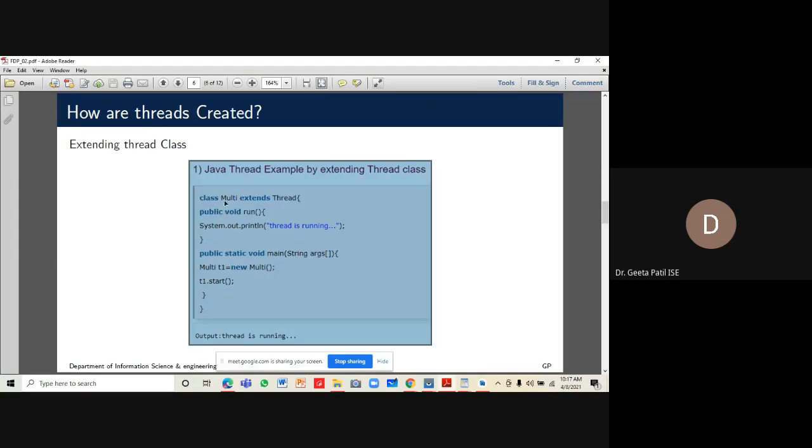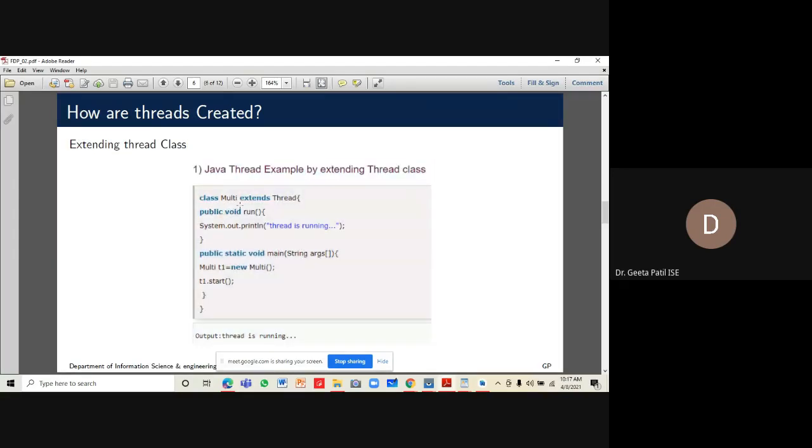So we have a class here, class multi, in which we want to implement the run method of a thread. When we want to do it, we say class multi extends Thread.